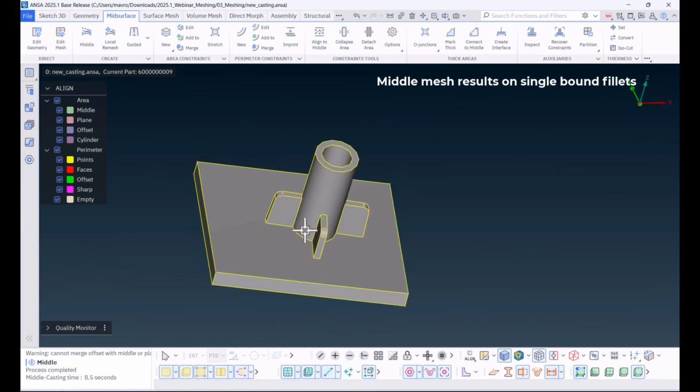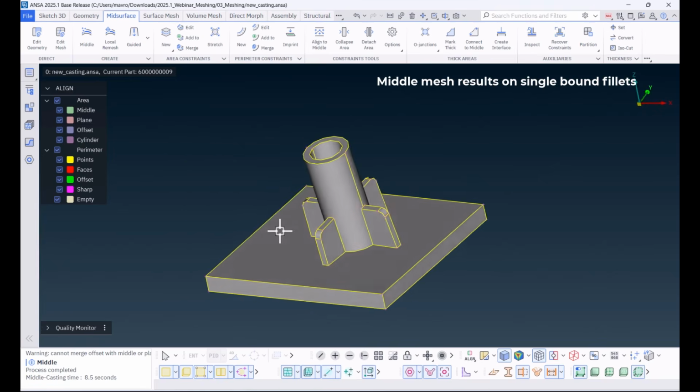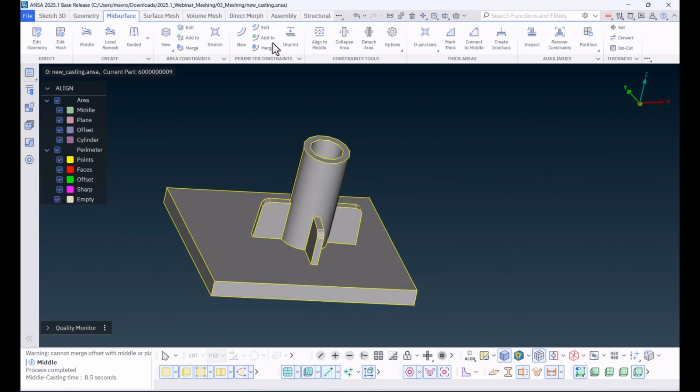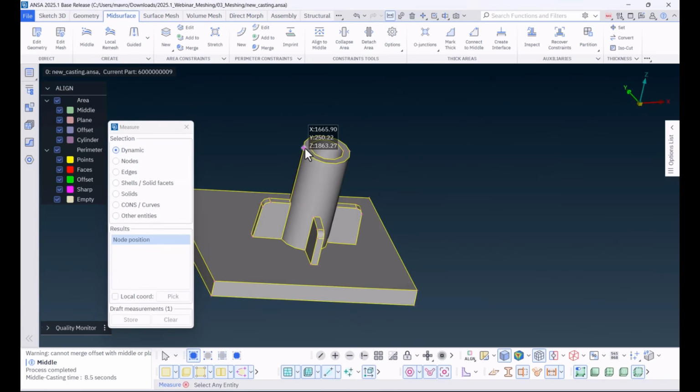Apart from small cylinders, new options are also present for the treatment of single-bound fillets. Simply activate or deactivate them while making sure that the width and diameter limit is appropriately set.